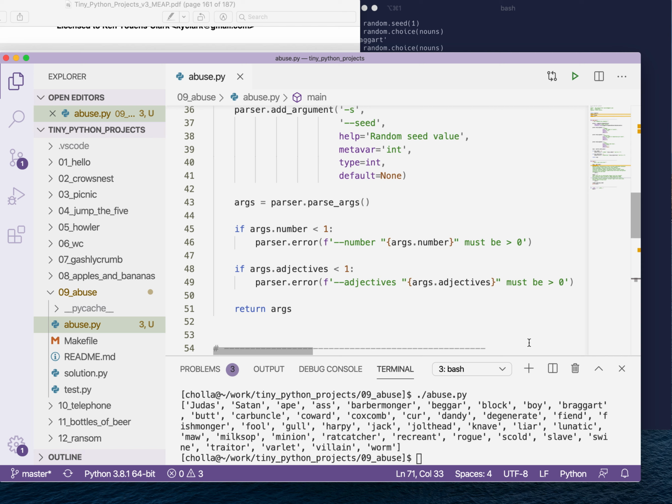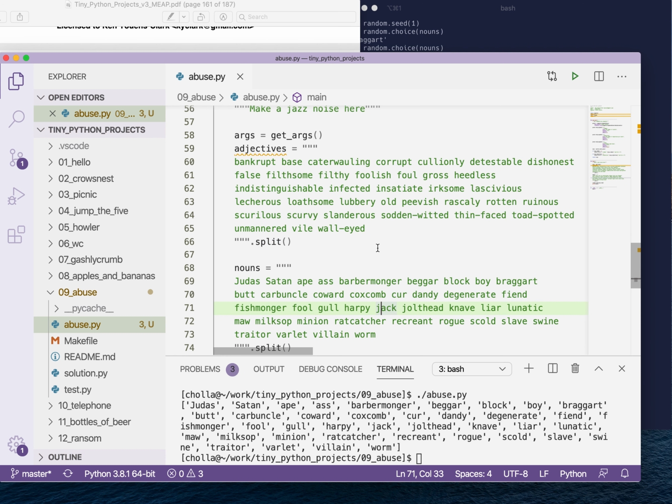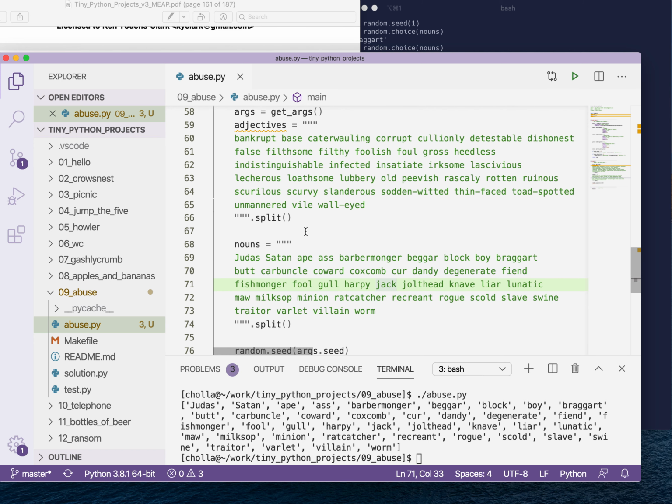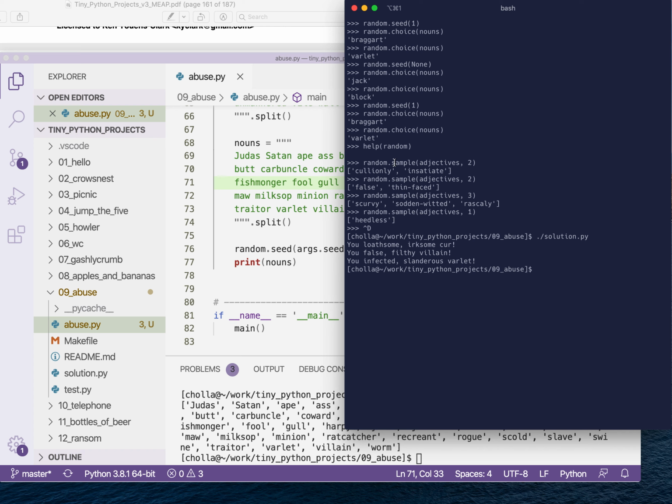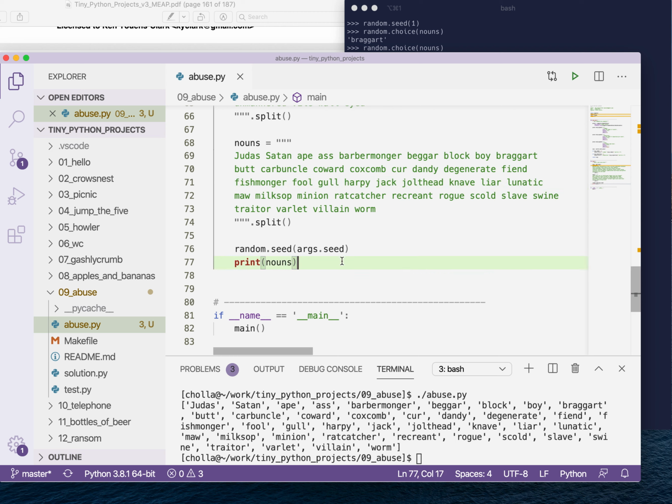So that's very important, and it saves you so much writing of code that it's really worth learning how to use this. I showed you in the introduction how to use triple quotes here, a string, and split to put in all of these adjectives, and then the split will get rid of the white space in between and the new lines at the ends of these, and just give us back a list of strings in between the white space. And so we did that for both adjectives and nouns. And then we looked in the REPL about how to use both random sample and random choice to get adjectives and nouns. So I'll show you how I would write this, and maybe you came up with a similar